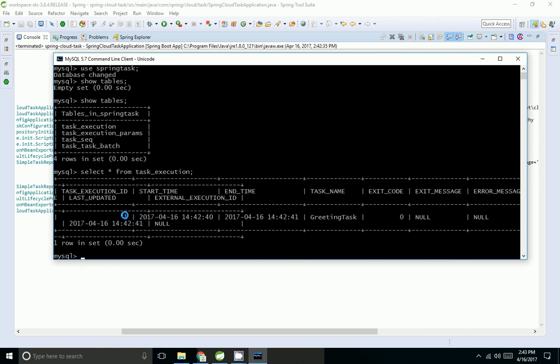See, currently it inserted one record: start time, end time, the task name greeting, exit code, exit message, error messages. If I go to params,